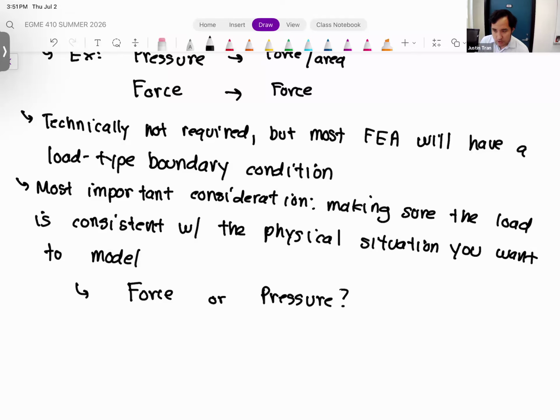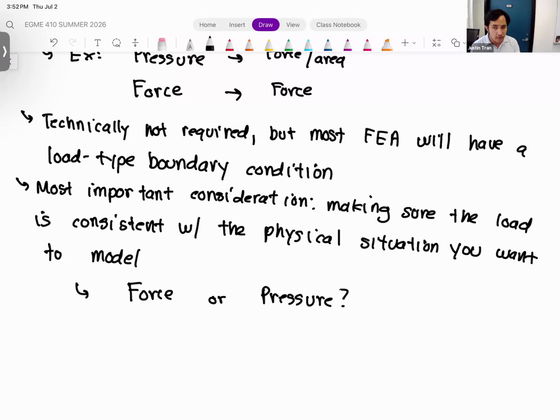You can technically get the same result with both, right? But the units are going to be different and the values are going to be different depending on whether you apply a force or a pressure, okay? Sometimes a force makes more sense depending on what you know about your physical situation. Sometimes a pressure makes more sense, okay? I will say, one thing that someone always points out, usually later in the semester during activity one, is that the way that we apply the load in activity one actually is a little bit awkward if you think about it, right? So we have this essentially two-dimensional situation